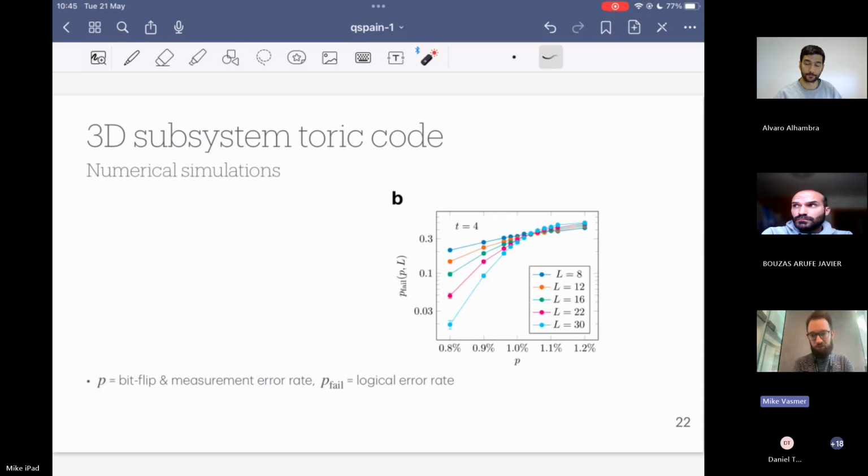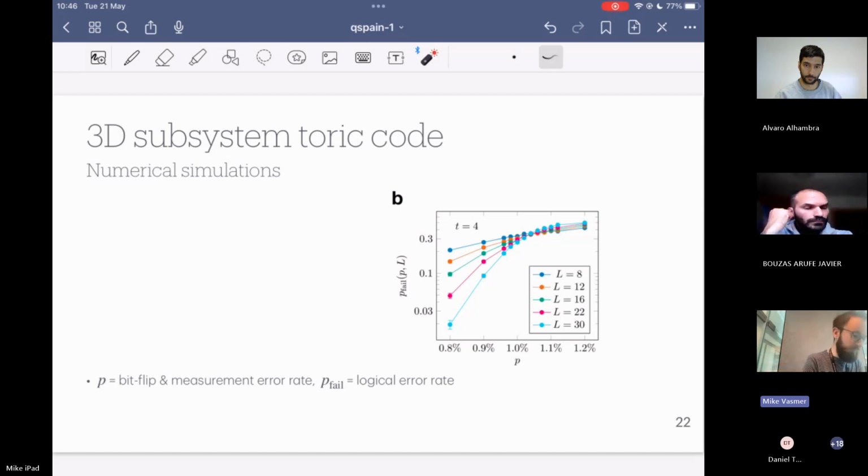And also the measurements fail with probability P. So instead of measuring, if I should have measured a -1, I get a +1 with probability P. Then this thing here is the logical error rate. So basically what I'm doing is a simulation of encoding some information, then letting it sit for a while, then trying to correct errors and see if I managed to preserve the information or